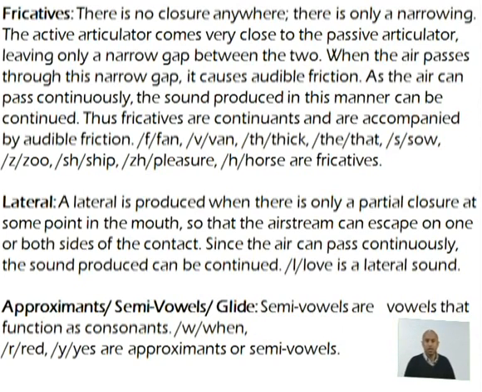Then we have fricatives. There is no closure anywhere in fricatives. There is only a narrowing. Yes, the active articulators come very close to the passive articulators, leaving only a narrow gap between the two. When the air passes through a narrow gap, it causes audible friction. You'll see which ones these are and you know exactly what we mean by this. As the air can pass continuously, the sound produced in this manner can be continued sound. It's a continued sound. Yes, thus fricatives are continuants and are accompanied by audible friction, like